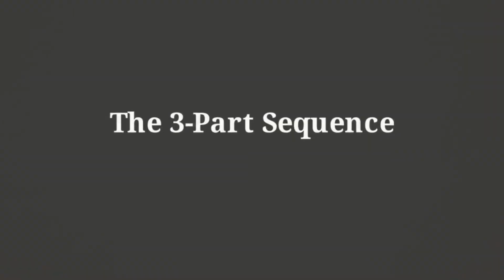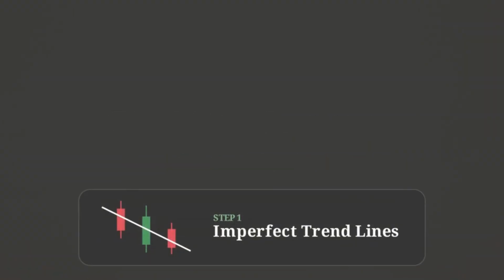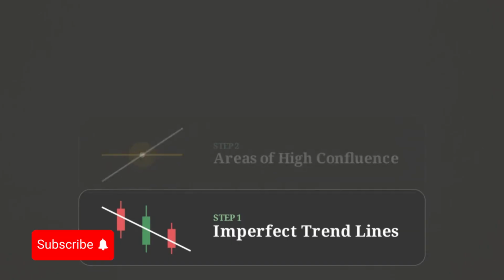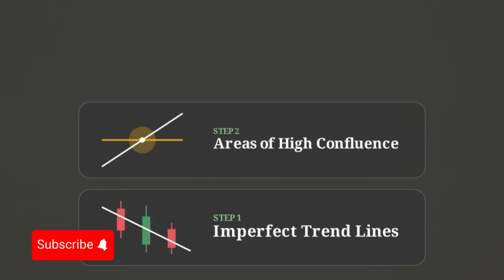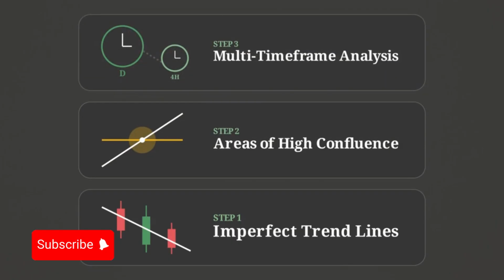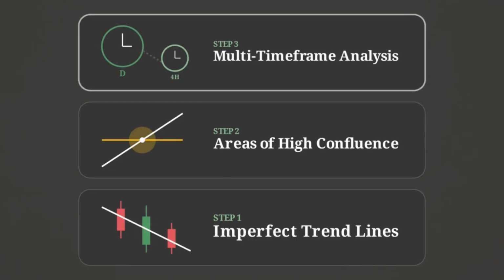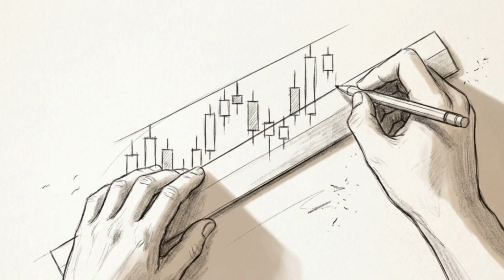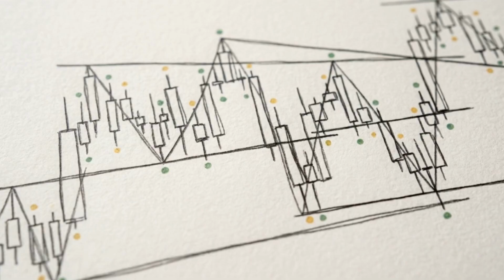We fix this by following a strict three-part sequence. Step 1, drawing imperfect trend lines. Step 2, identifying areas of high confluence. And Step 3, using multi-timeframe analysis to confirm your entry. By combining these 3 specific steps, you stop guessing at abstract boundaries and start executing trades based on the market's